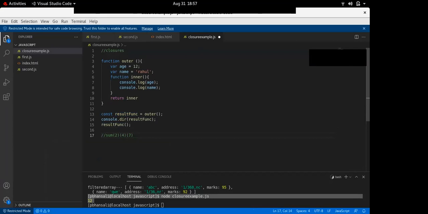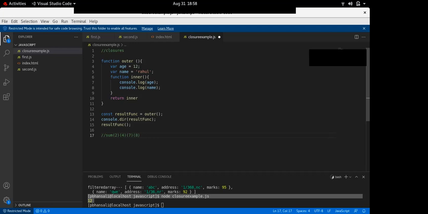The interviewer will ask, when I run this command, my output should be 4 plus 2, 6, 6 plus 7, 13, 13 plus 8, 21. This is a very, very famous question that is asked in interviews.